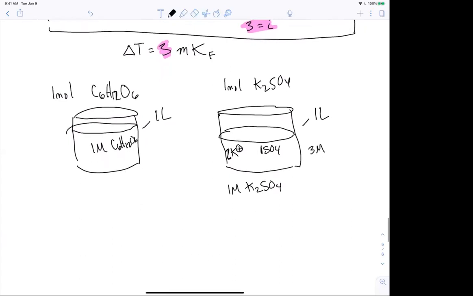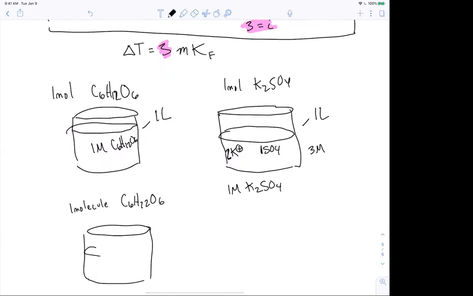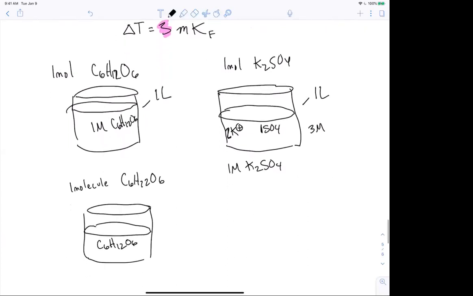If we think about it in terms of having the ability to work with one actual molecule: if I take one molecule of C6H12O6 and dissolve it in a beaker, I end up with one molecule just hanging out in there. If I take one molecule of potassium sulfate and dissolve it in a beaker,